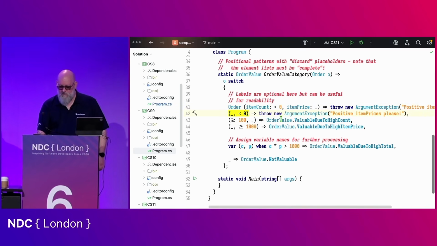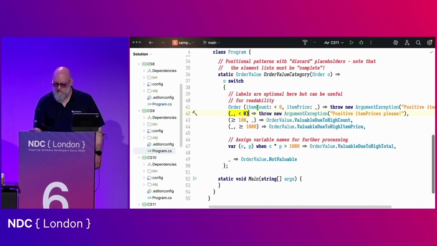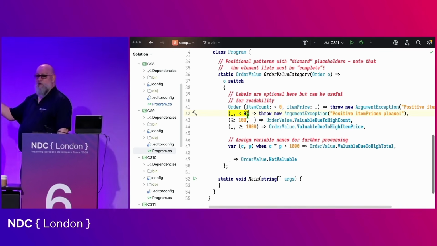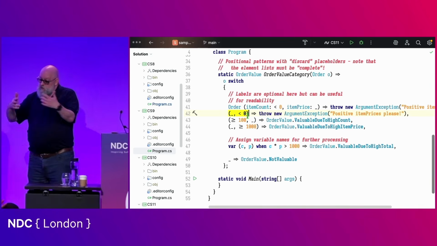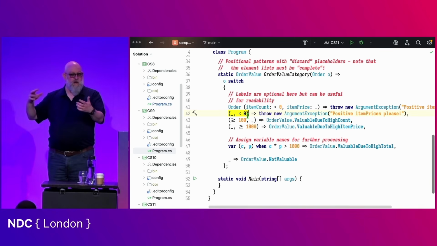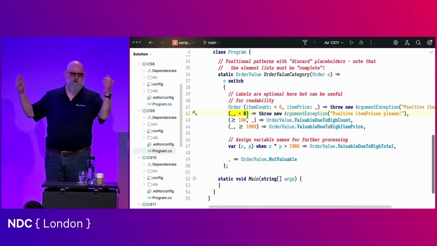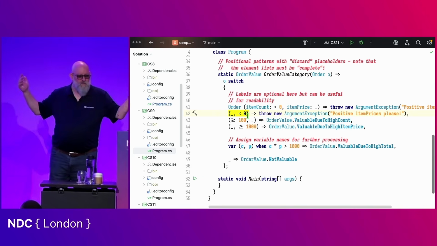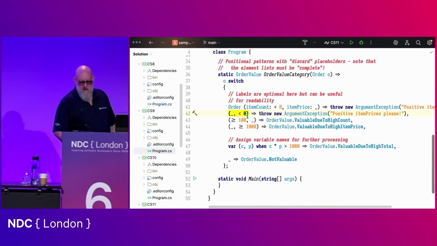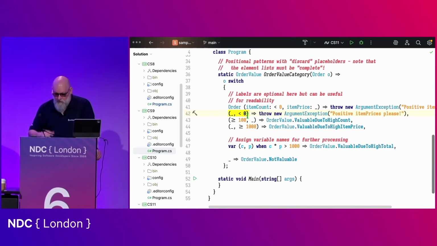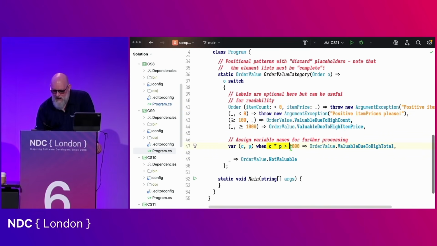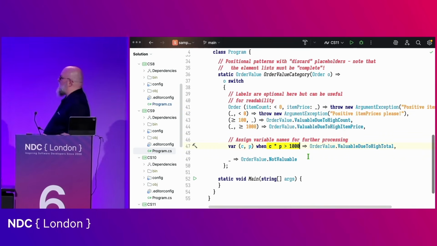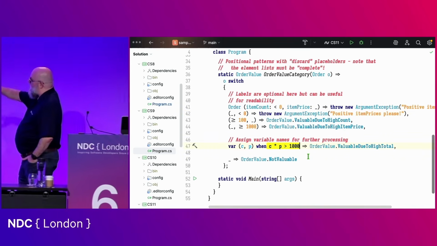So in this case, we're saying I don't care about the item count, but I'm matching if the item price is smaller than 0, for example. And I did not use the same labels and decoration there a second time because perhaps it's enough to do it once, right? So it's all about legibility, if you will. And then we have also got here the so-called guard clause, where I'm performing a calculation as an extra check,